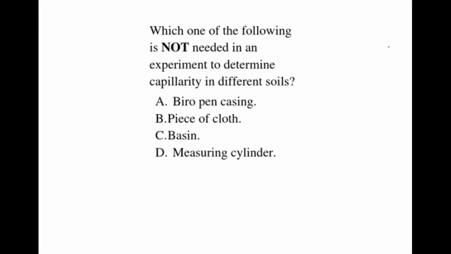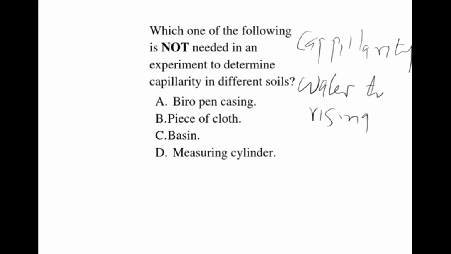Which one of the following is not needed in an experiment to determine the capillarity in different soils? When you talk of the capillarity, it is the ability of the soil to allow water to rise. In other words, it is the rising of water in different types of soil. Therefore, when you are carrying out the experiment on capillarity, there are some materials that you need. Some of the materials will include the biro pen casing,